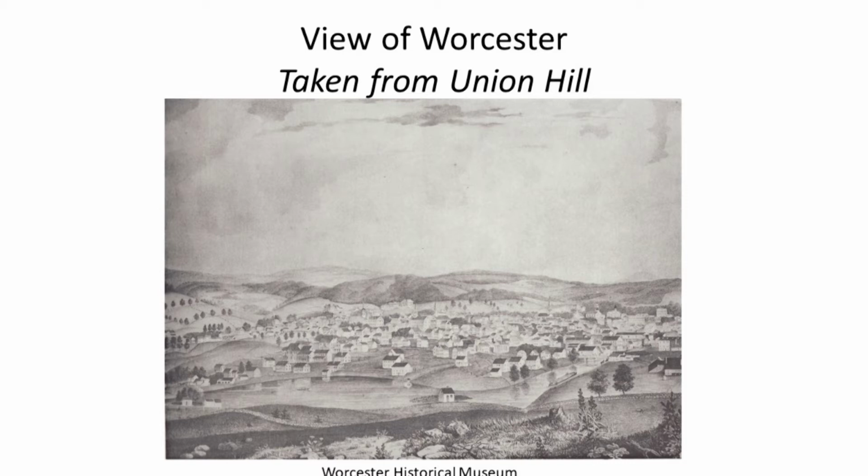But at the very, very bottom of it, you can see the outcropping of land right there, and that's Union Hill. And I'm convinced that the reason that this lithograph was commissioned was because the owners of the land on the top of the hill wanted to sell the land as a residential area that would be a very upscale residential area. And the name Sagatabscot is too many syllables, and so making it Union Hill was a